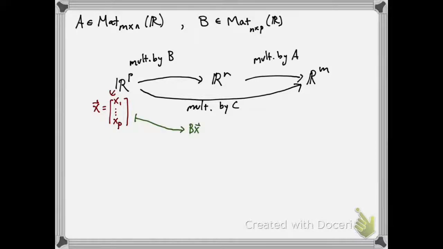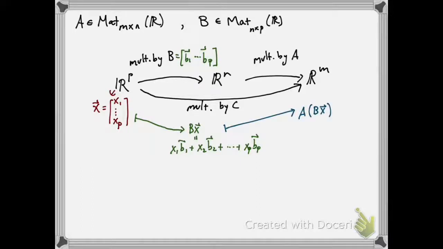If I multiply by B, by definition, I'm going to get x1 times the first column of B plus x2 times the second, and so on down to xp times the pth column of B. Now I'm going to take that vector and multiply it by this matrix A, which matrix-vector product is going to distribute across vector addition. And so that's going to give us A times x1 b1 plus all the way out to A times xp bp,